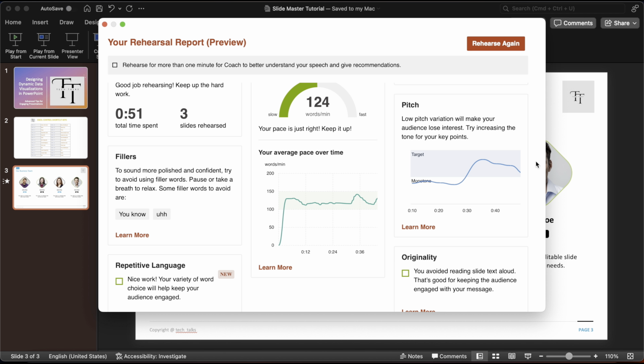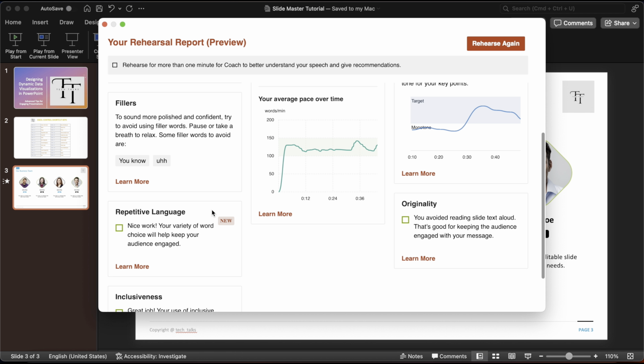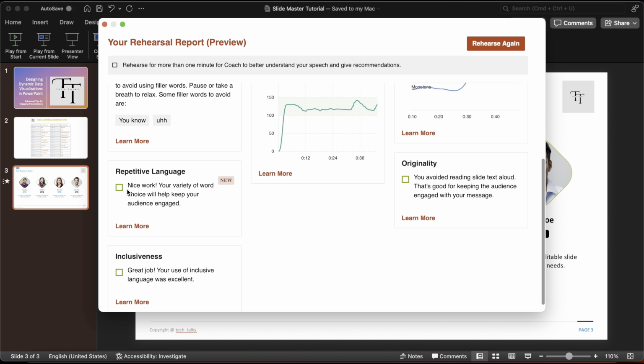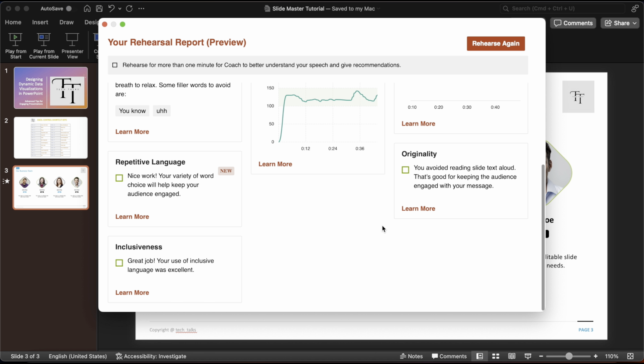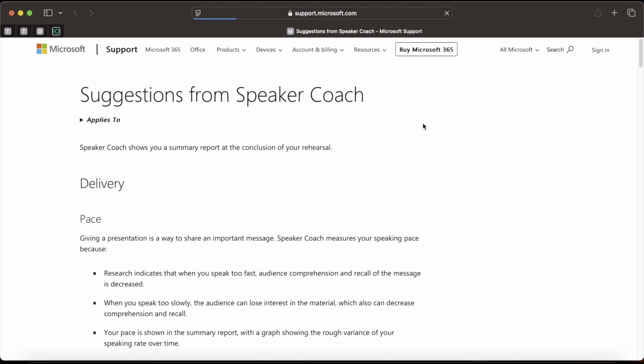At the end, you will get a full report on what to improve, whether you used any repetitive language or not, and what was the originality of the presentation that you have narrated. If you want to explore each of these pointers in great detail, you can click on learn more and it will take you to the website of Microsoft, and here you have detailed